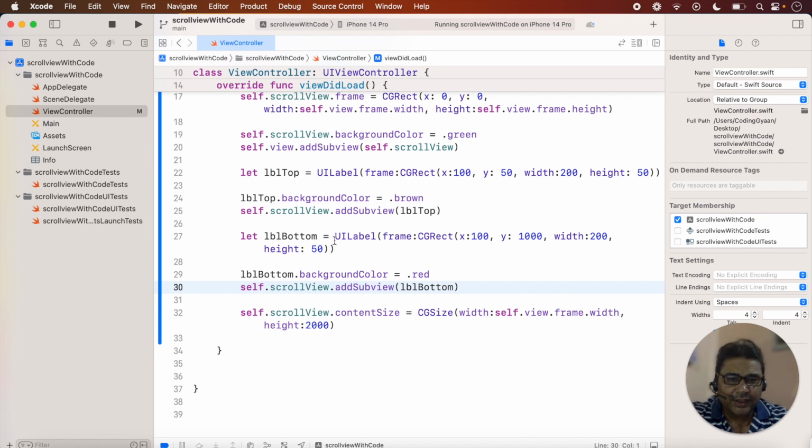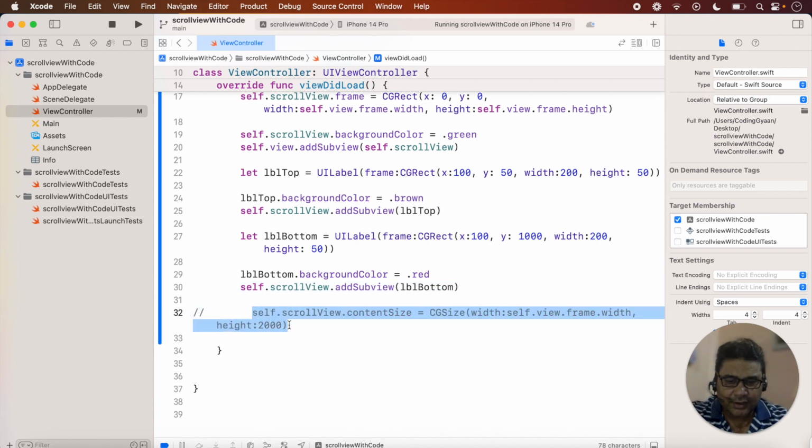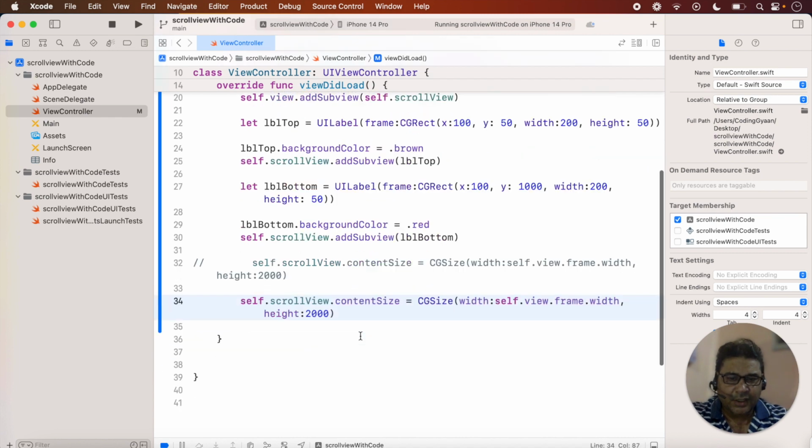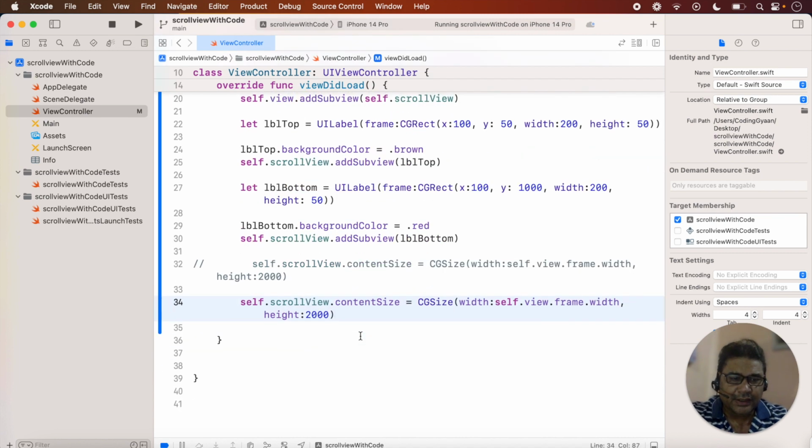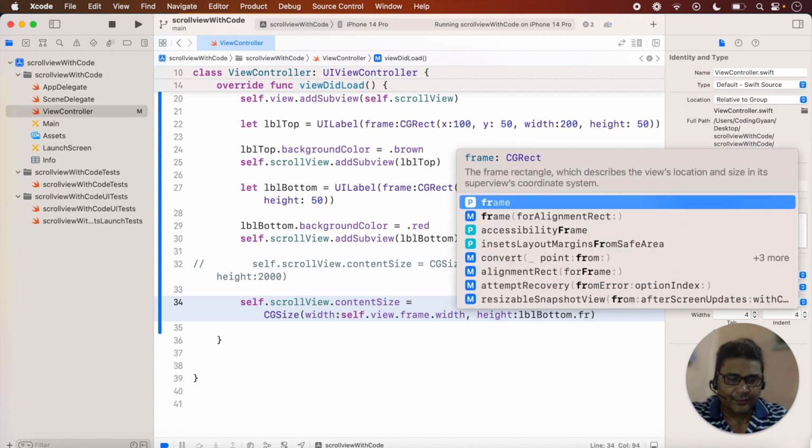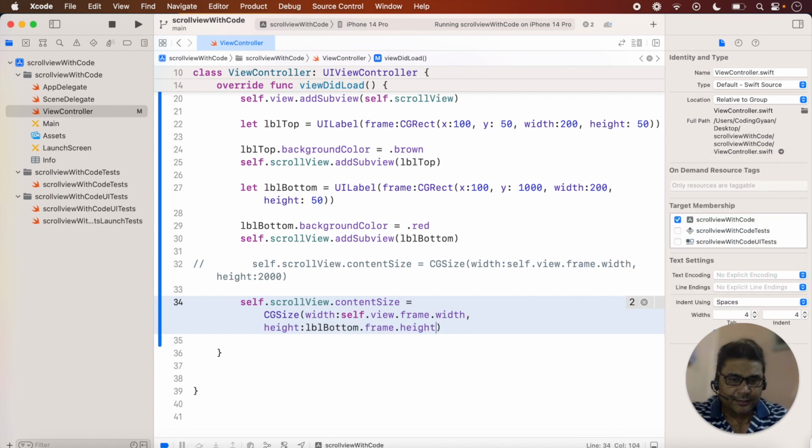So for it we can set the content size. Suppose we comment it, and again I copy it, and here I paste it. So here we want our scrolling to work according to content height. So we can set the height of the content size according to our content. Suppose our lblBottom, here we will set the lblBottom frame dot height plus